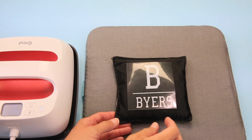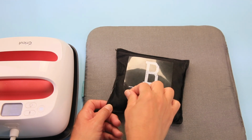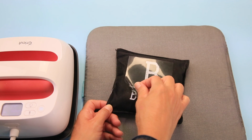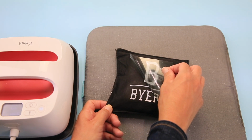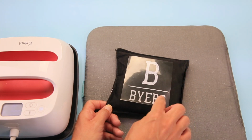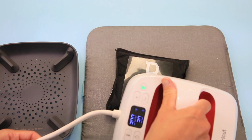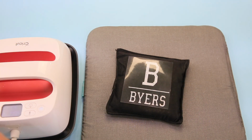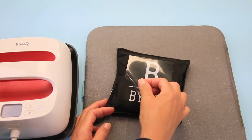Now that they've cooled, all that's left to do is peel it away. Always peel from a corner, edge to edge. Now this fabric on this side is a little bit different. Oh, okay, my R wanted to come up, so now we're going to repeat that process. Okay, now that it's cooled a little bit, we'll do take 2. So we peel at the corners,